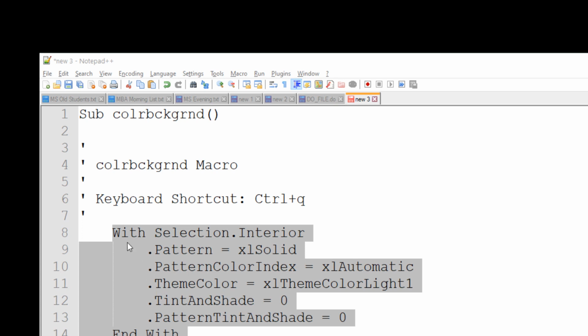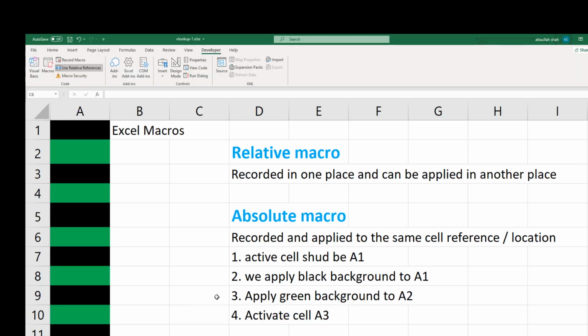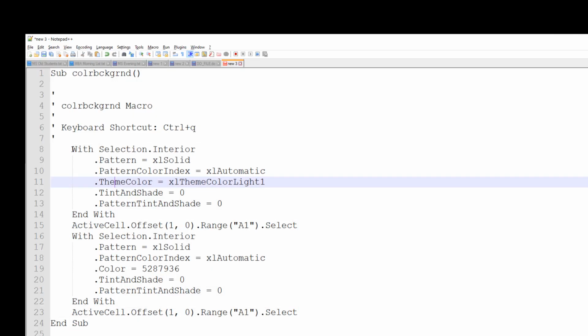So the actual code starts with 'With Selection.Interior', 'Pattern', etc., and the selected text performs those 3 tasks that I had written here. Actually, activate cell was not part of it. We had activated cell A1 before the macro, so it is not part of the code, but these 3 parts are part of the code. So we applied black background, and you can roughly read the code for this.